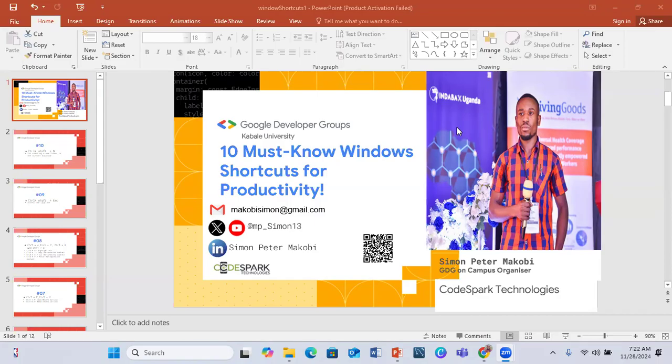showing you the 10 must-know Windows shortcuts that will increase your productivity if you get to use them in your